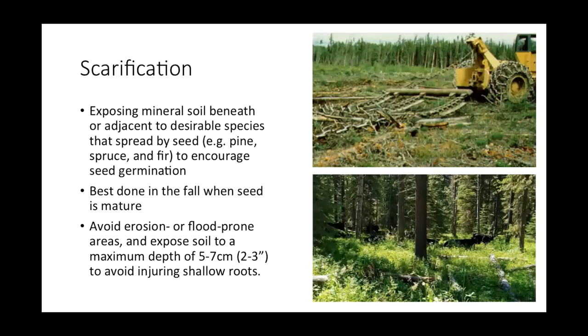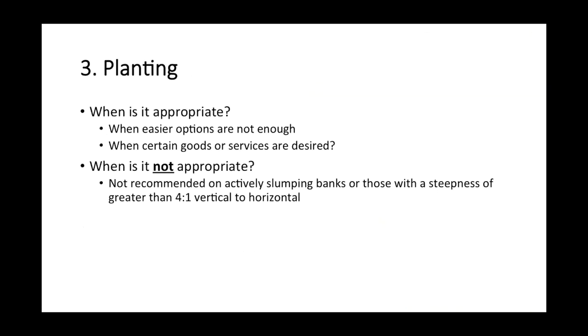coppicing, controlling undesirable species, and root pruning are all an assortment of techniques you can do if you want to try to stimulate the growth of species that you already have. They can be neat ones to experiment with. But then, of course, when